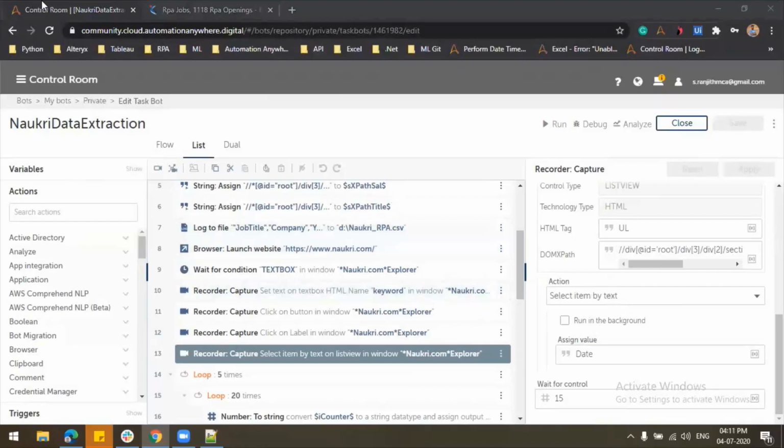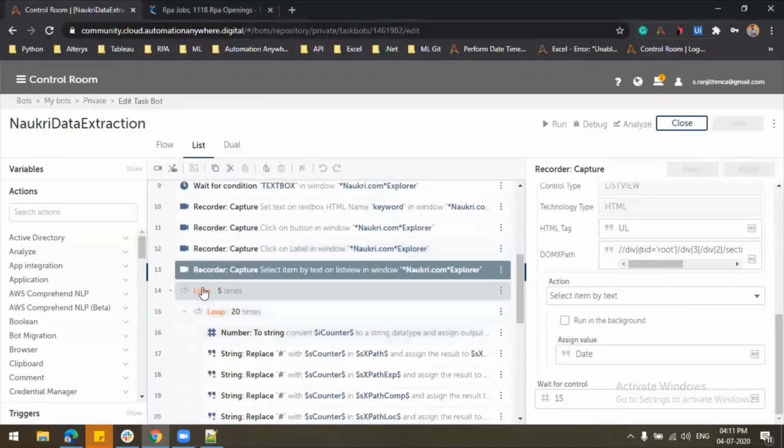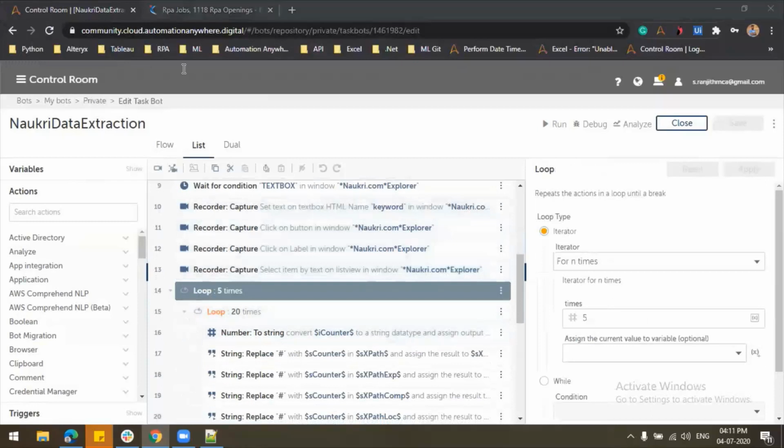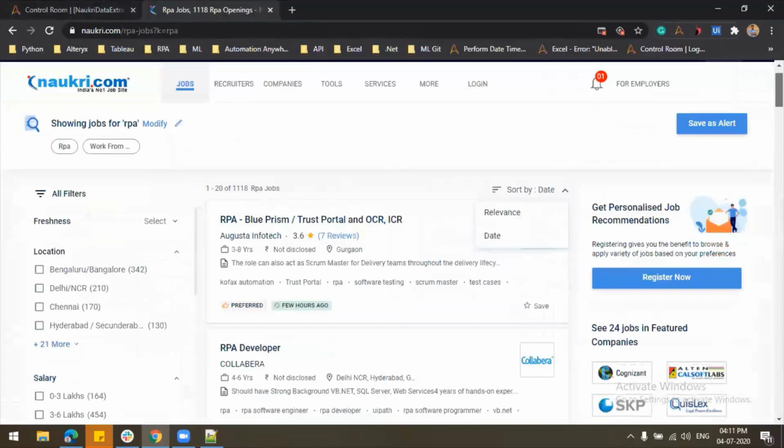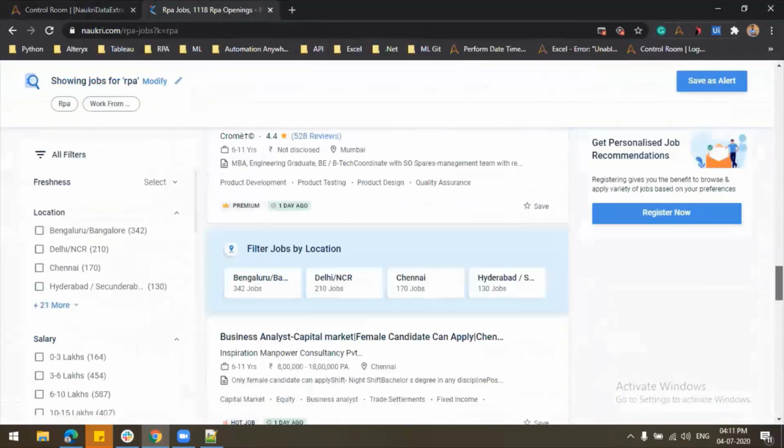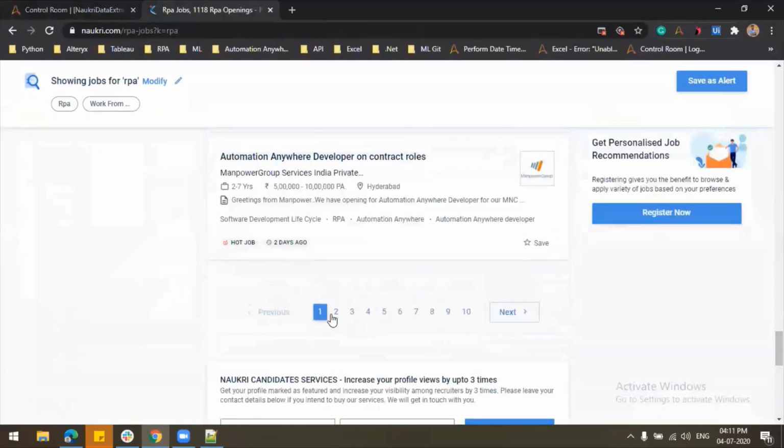Then what I am doing is I am going to execute this particular loop 5 times. Why I am doing it 5 times means I just want to extract 5 pages of data. So the bot will go to 5 different pages and scrape the data from each page.